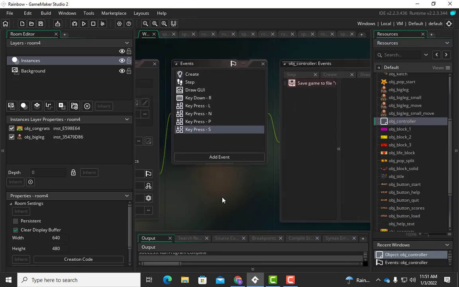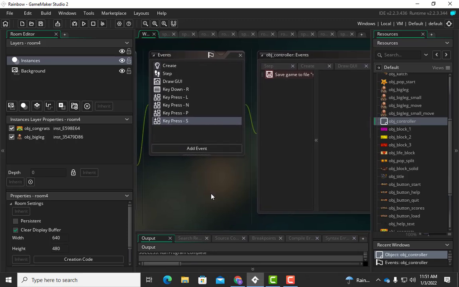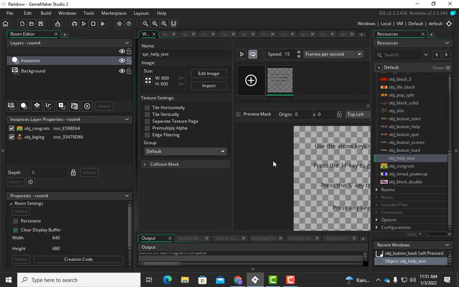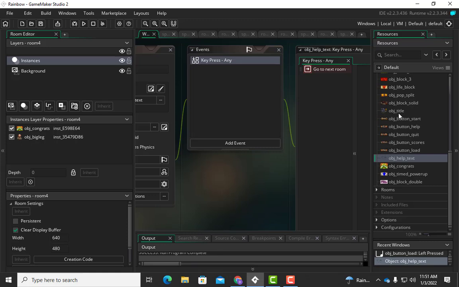Okay, so what did I do to make that work? It's really simple then. Here you say key press S. So we're going to add S as another. This is not a cheat, but this is actually a key. Remember in our help we said, well, let's go look at it. Our help object here, we said that if you, let's